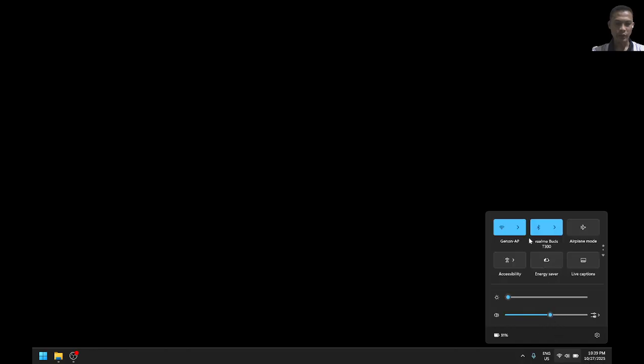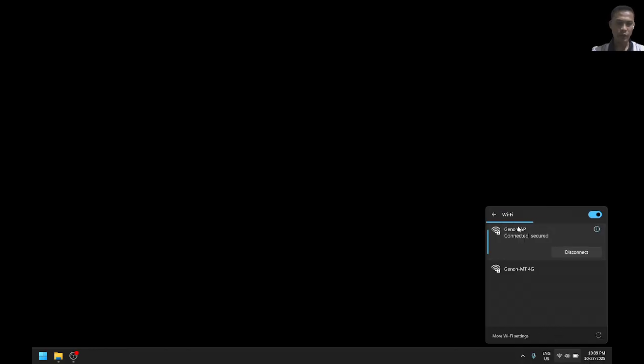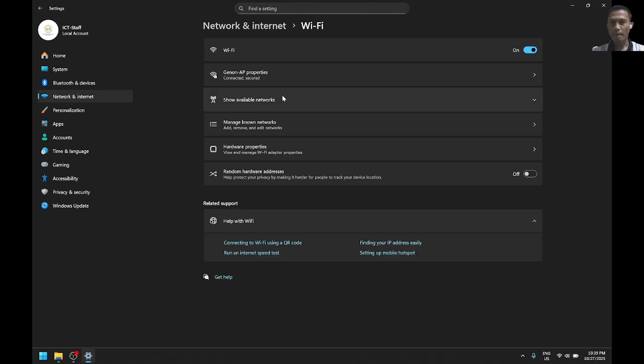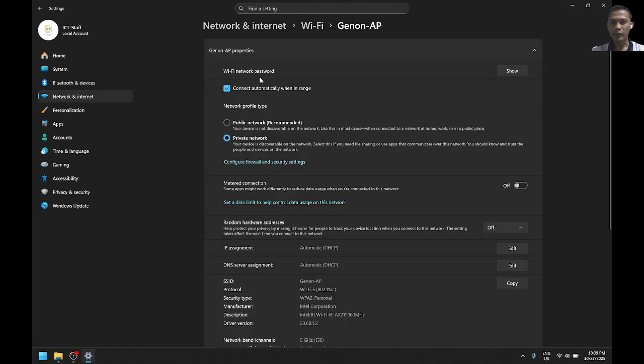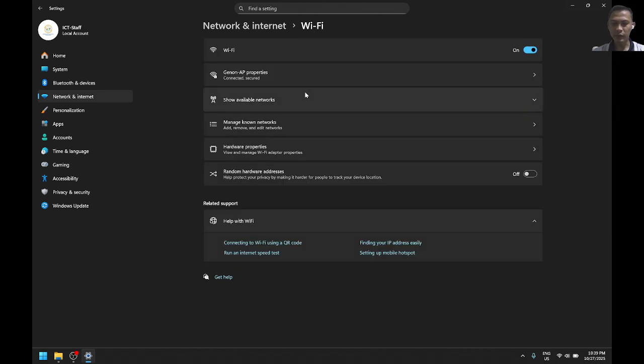So the first option is to go into your wireless or Wi-Fi list, and then go into properties. This is the SSID or the name of your Wi-Fi.